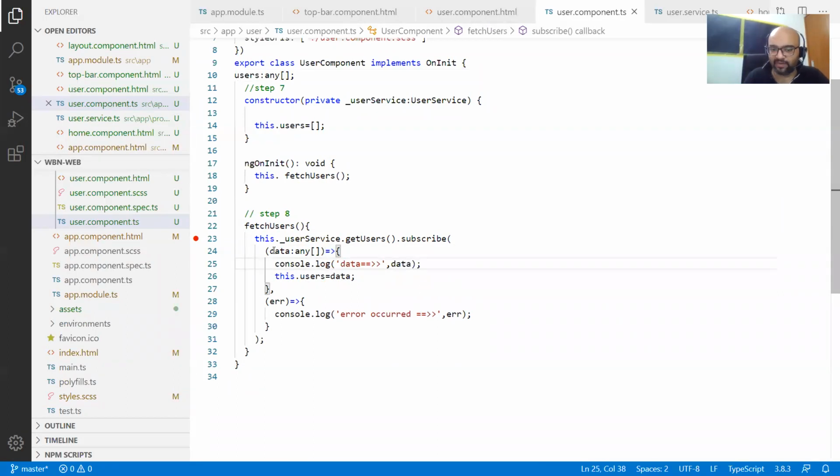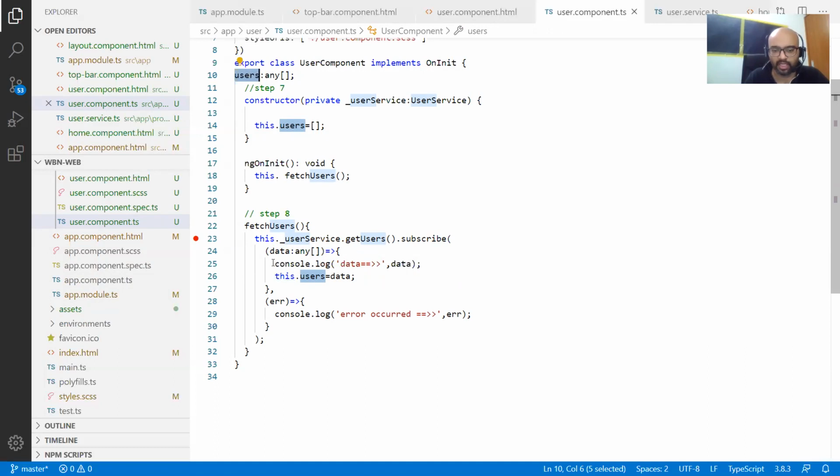The data which I'm going to get, the response from API, is an array of some type. I don't know what type, but some type. So I use any, just to be safe. And so my users also is an array of some type. I don't know what type, so I put any. Okay, now it is there.